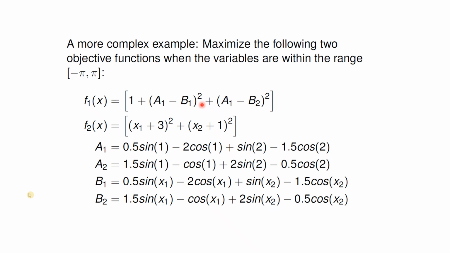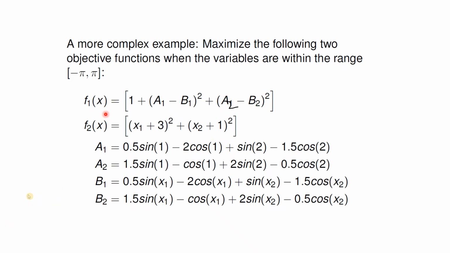There are different types of algorithms: PSO, genetic algorithm, then the ABC algorithm, the BAT algorithm. These techniques are used for solving optimization problems. Using those techniques, you have to determine the maximum value for this objective function. Suppose function f1 is 1 plus a1 minus b1 square, where the a1 and b1 values are given, and a2 and b2 values are also given. I think this will be a2.